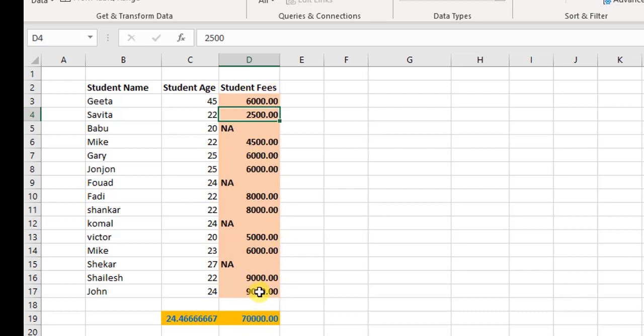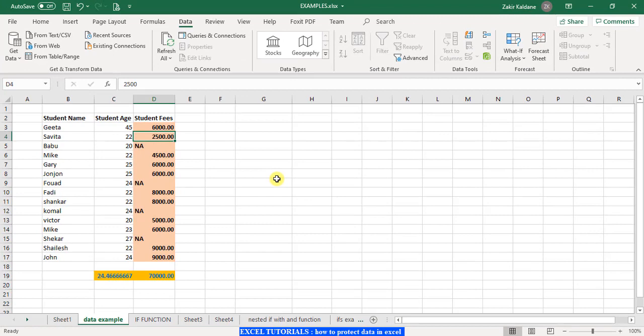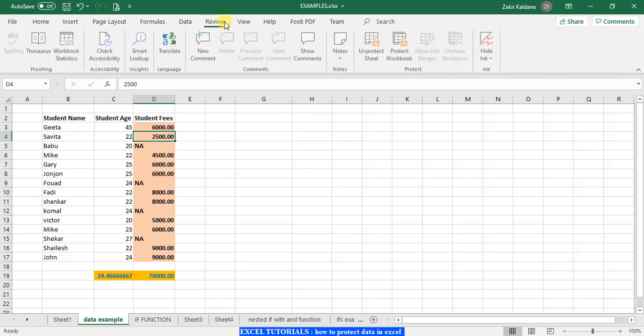So just take this into account, so that I am protecting my formulas, I am protecting my other data, and what I am allowing the user to do is to just access this range of highlighted cells. So I hope this is clear, how to protect cells and how to unprotect those cells which we want the users to access. Okay, so let us go to the review tab once again